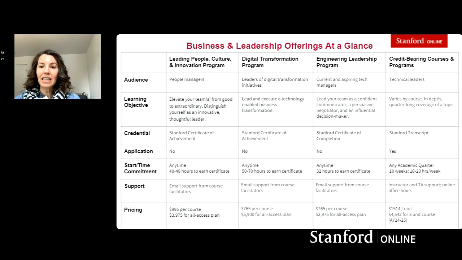Someone asked about the digital certificate. It is issued after completion of 4 courses. So yes, the engineering leadership program takes successful completion of 4 courses to finish the program, and you get your digital certificate after you finish those 4 courses.